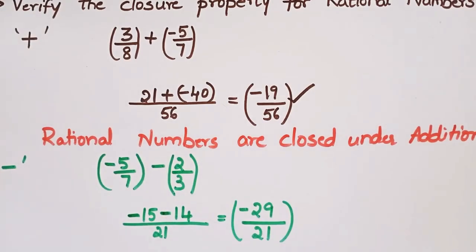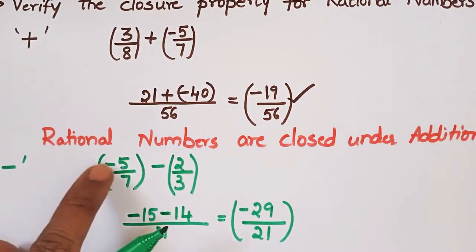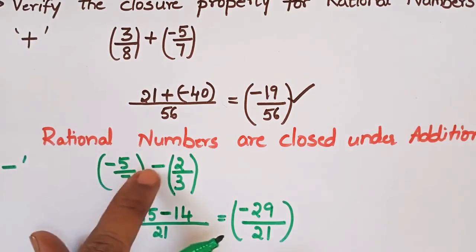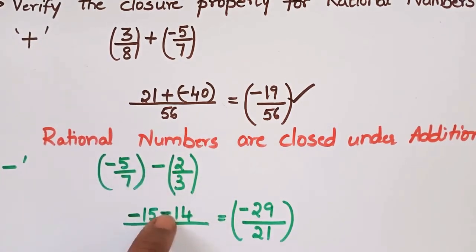Did you understand how to subtract two rational numbers? Okay. Be careful with the sign always. If here it is minus, obviously you will get a minus. As we are subtracting it, here also we got a minus. So as both are possessing the minus sign, the answer will also possess a negative sign.